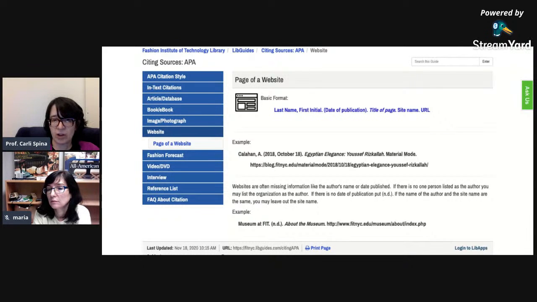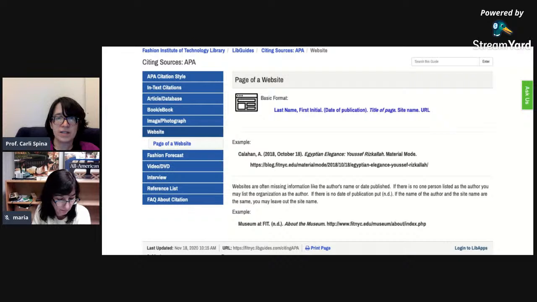One thing to know about web pages is that often they don't have a clear author. If they don't have an author who's a living person, a lot of times the author is the company that maintains the web page. We saw that in our Fashion Snoops example. We put down Fashion Snoops as the author because they were the company that created the material or had the material created. So if you're not finding a living person as an author, you can list the name of the company that published the website, which is often but not always the name of the website itself, but that can involve a little bit more investigation.